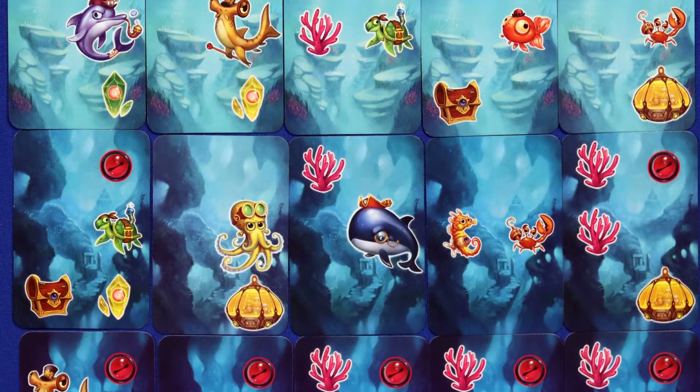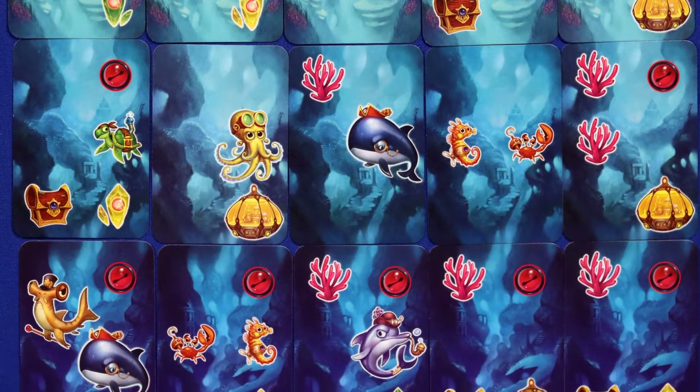And isn't this played to 5? It plays to 5. So 5 times 15 is 75. So there's 75 unique pieces. And that's just the submarine. And then all the art on the cards,